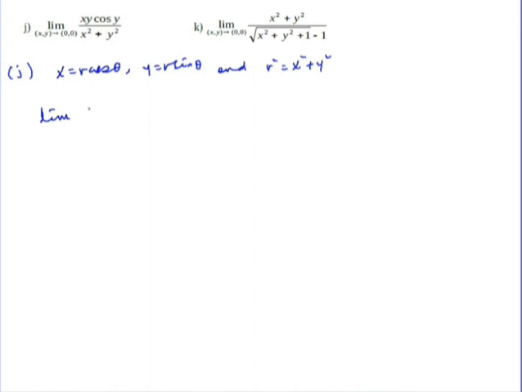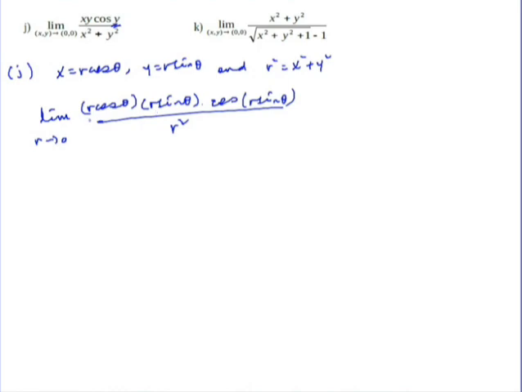The limit of x is r cos theta and y is r sin theta times cosine of y ማለት r sin theta አድርገን እንጠቀማለን over x square plus y square ማለት r square ነው, as r approaches 0 ነው የምንለው።